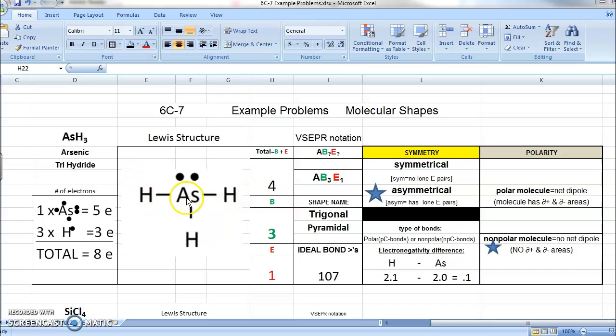That's not evenly distributed. We would have to have a hydrogen up here for them to be evenly distributed 3-dimensionally. Again, this is a 2-dimensional drawing. So the shape is asymmetrical. Before we can determine whether the molecule is polar or nonpolar, we have to remember what you need for it